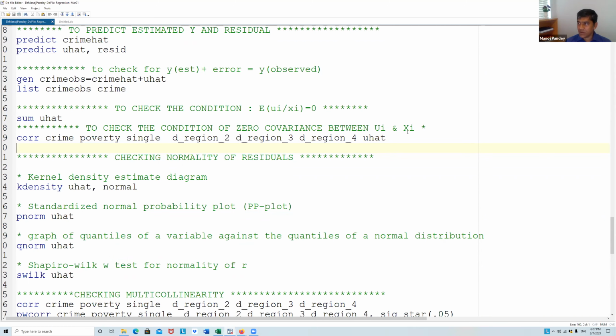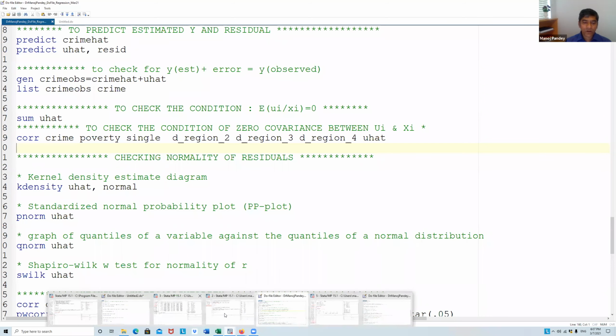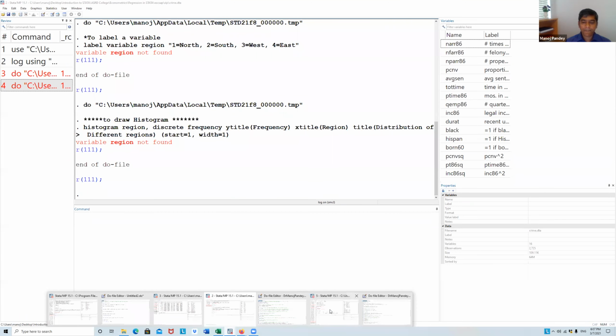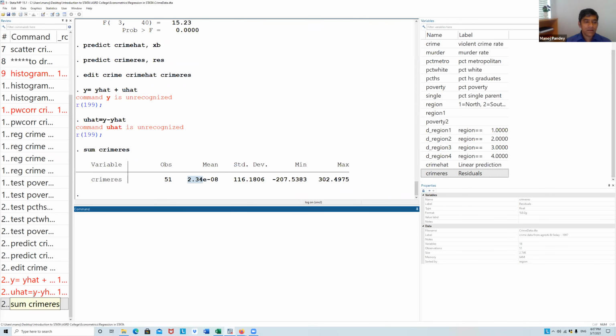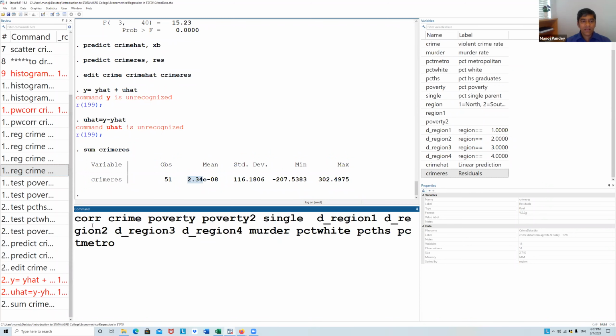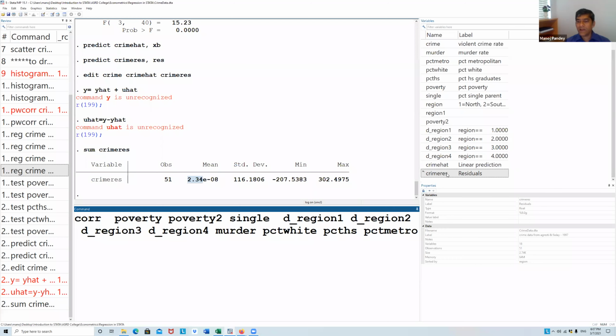Now another assumption is that there is zero covariance between ui and xi. That is another assumption of OLS. How will you test it? Simple. Where is the regression that we did? We did this regression, right? And we created this u hat, and then these are the explanatory variables we have, xi.